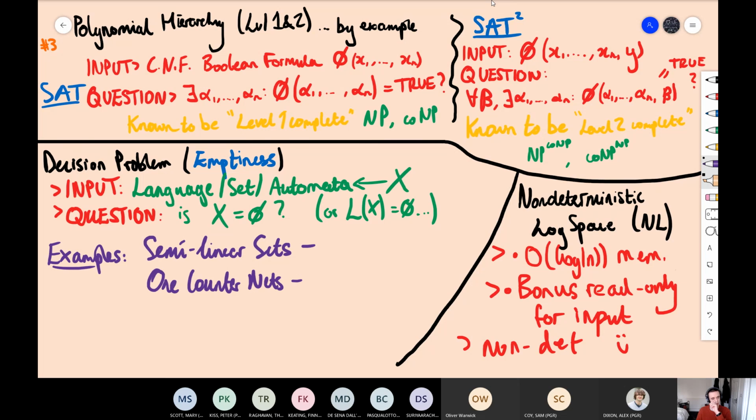All right, and now coming on to a decision problem of interest, or maybe not of interest, but it's a toy one. Emptiness. It's a classic problem, if you will. You input some language or a set or an automaton. So in the example here, we take a semi-linear set as input. So that would be something of the form S as a union. So you give each of the linear sets, right? So you give these integers and you give these sets of integers, you should write them down. And you ask the question, is S equal to the empty set?